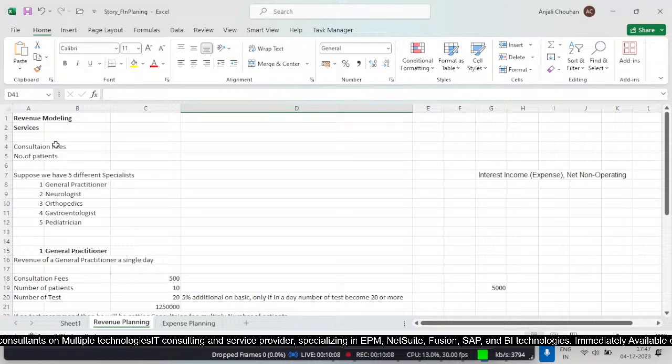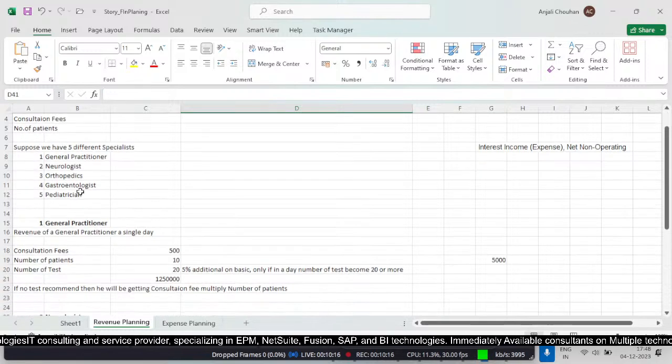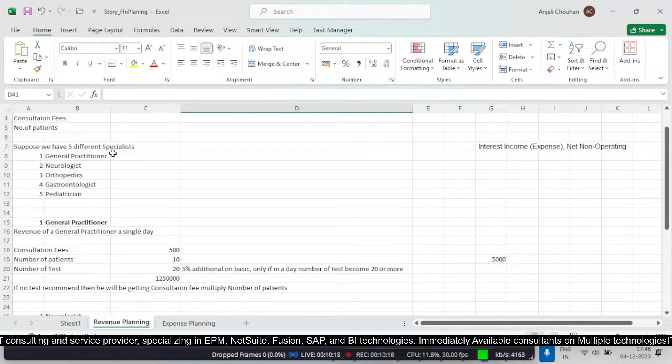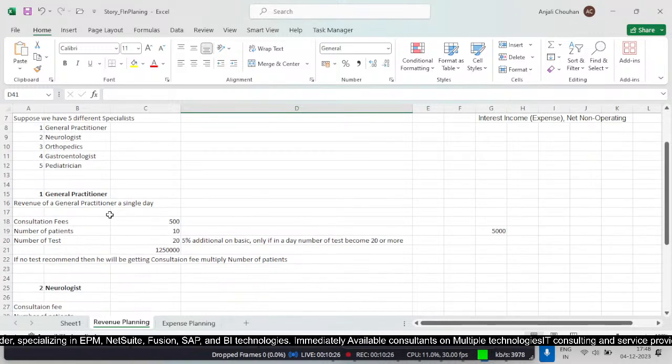Suppose in any hospital, the revenue modeling is based on the services, right? So there should be a consultation fee and number of patients. So basically we have 5 different kinds of specialists: general practitioner, neurologist, orthopedics, gastroenterologist, and pediatrician. So if I want to calculate the revenue from one general practitioner, I have to consider the consultation fees, number of patients, and number of tests, right? So basically